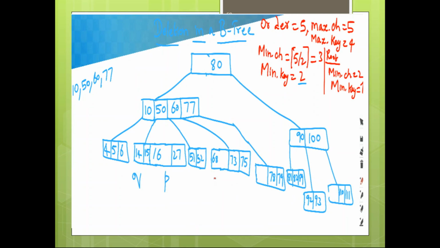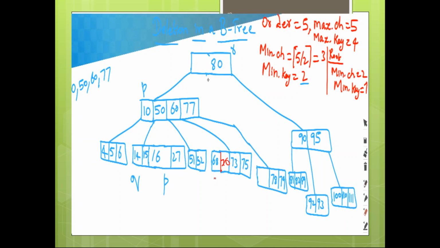Next let us see how to delete 95. Okay, now where is 95? In this tree itself we are seeing. Say 70 is removed, forget about that. If you want to delete 95, how will you delete? First locate 95. It's greater than 80, so it's here.